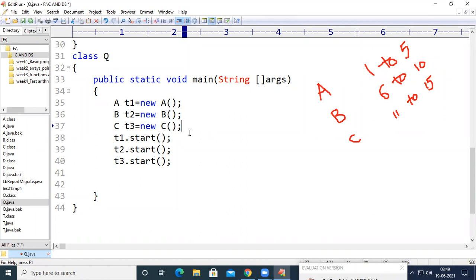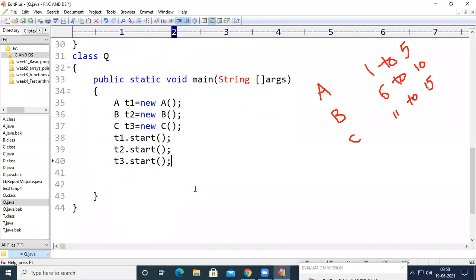In order to bring a thread from the new state to the runnable state, we call a method called the start method. When we call the start method on a thread, the thread moves from the new state to the ready or runnable state. From runnable to running state, it depends upon the CPU, so we can't do anything. Depending upon the CPU scheduling algorithms, the threads in the ready state will get executed. So this is what we had done in this program.